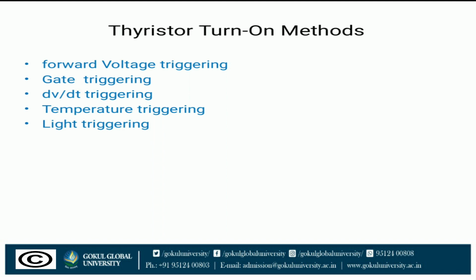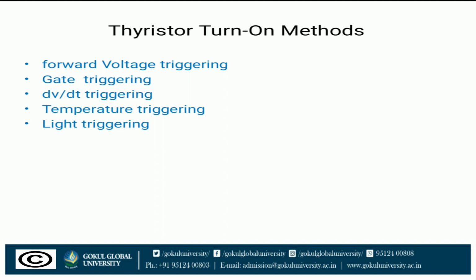The fifth one, light triggering. For the light triggered SCR, a recess or niche is made in the inner P layer as shown in the figure. When this recess is irradiated, free charge carriers are generated. A pulse of light of appropriate wavelength is guided by optical fibers for radiation. If the intensity of this light thrown on the recess exceeds a certain value, with forward bias, the SCR is turned on. Such a thyristor is known as a light activated SCR, or LASCR. LASCR may be triggered with the light source or with the gate signal.